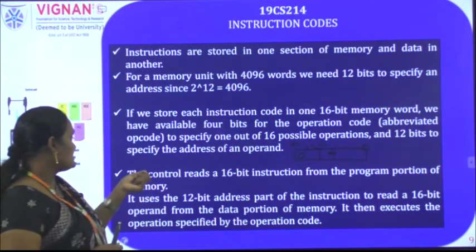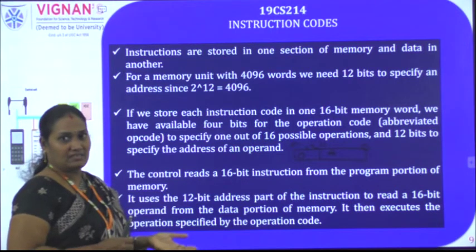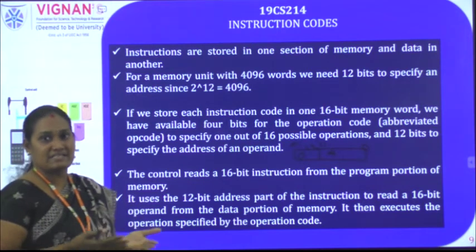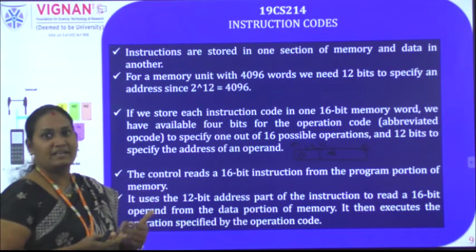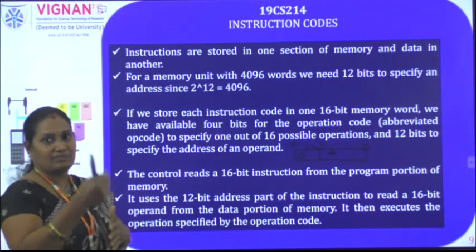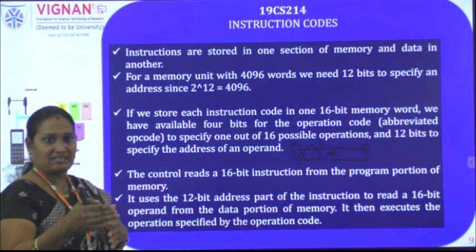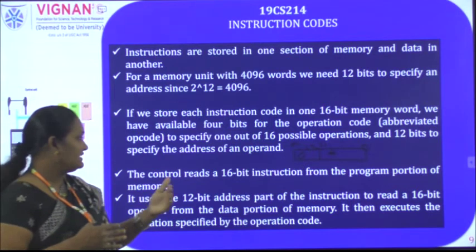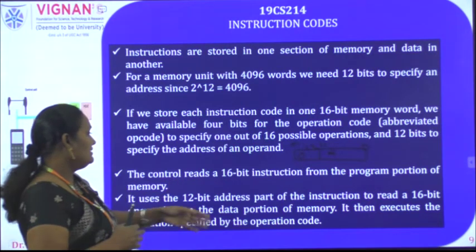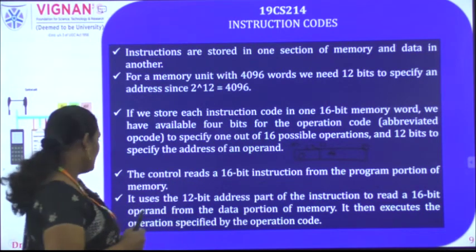What is it saying? First, the control unit reads the 16-bit instruction and decodes it. By decoding that instruction, from the address part it knows where the data is available, and from the operation code part it knows which operation it has to perform. So it accesses the data from that address where the operand is present in the memory location. From that address, it accesses the 16-bit data and takes the second data from the processor register, and it implements the operation. Finally, the result will be stored into the processor register or to the memory location.